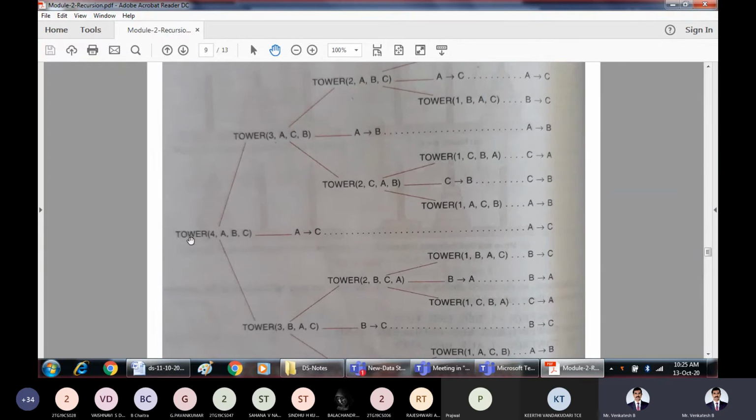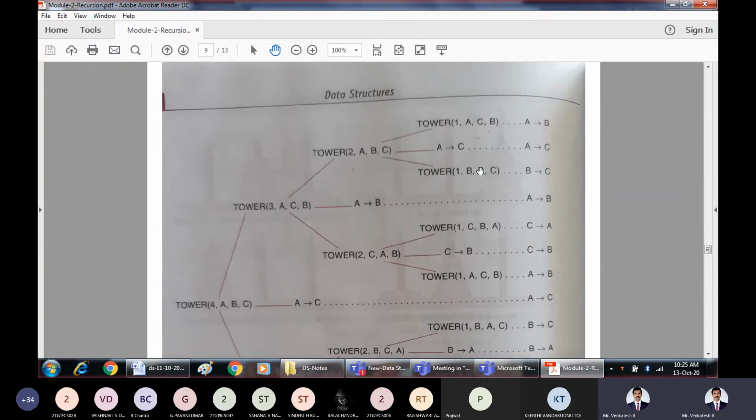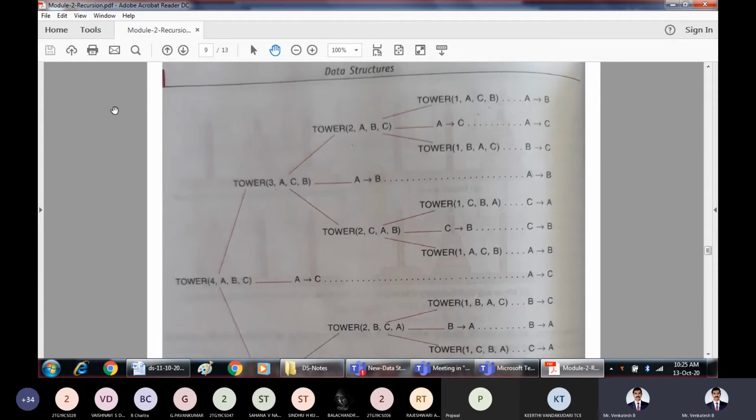Now look at the recursive solution. Concentrate on this recursive solution. These are all the steps that we have to follow. Recursive solution for movement of disks when we have 4 disks. What is this given problem? I have to invoke the tower of Hanoi function and move 4 disks from A to C by taking B as the auxiliary. When you perform movements, these auxiliaries will change.